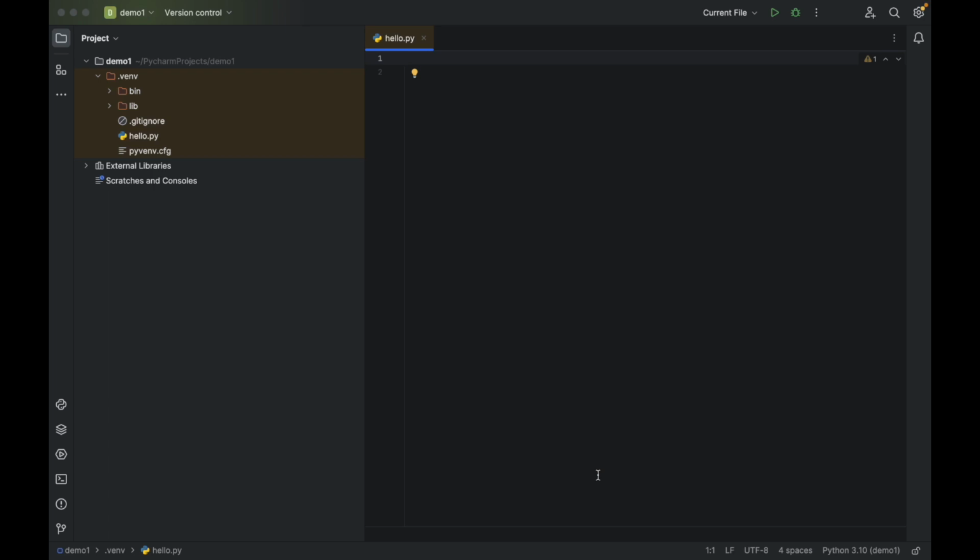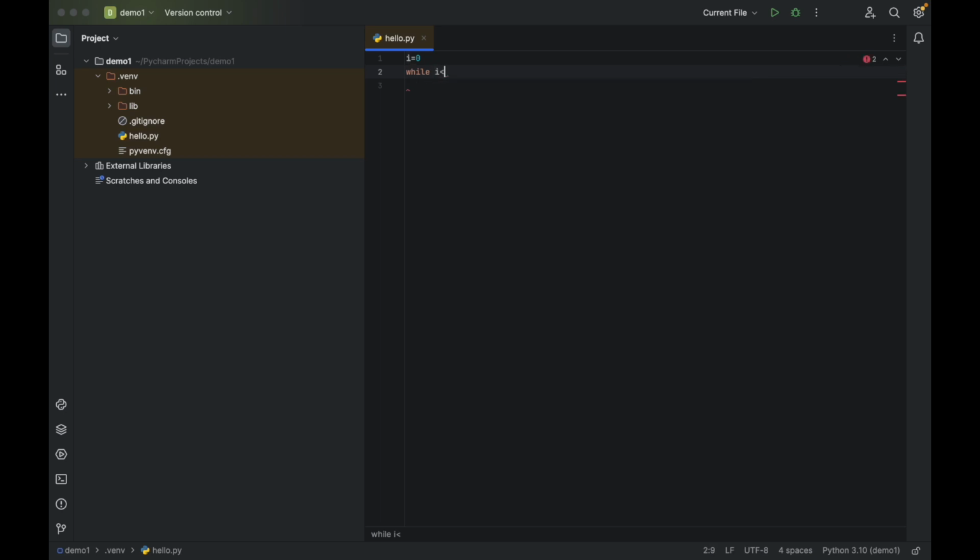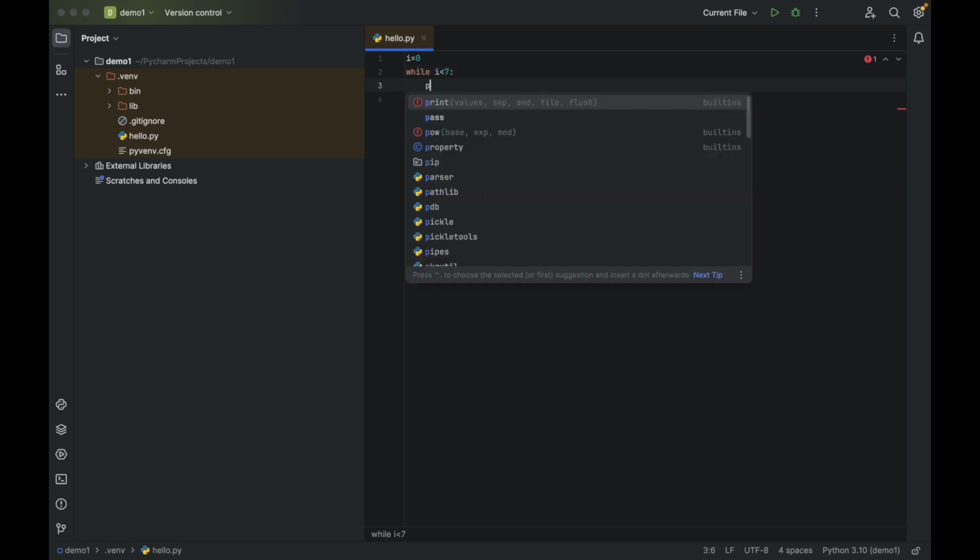The thing about for loop and while loop is that in while loop you have to initialize first of all any value, such as i or anything, because in for loop you don't have to initialize. If I say i equal to 0, and then I say while i less than 7, and then there's a colon, after that print